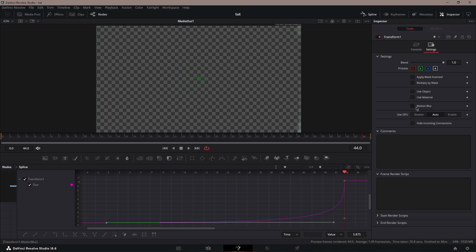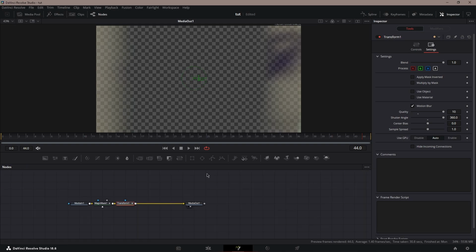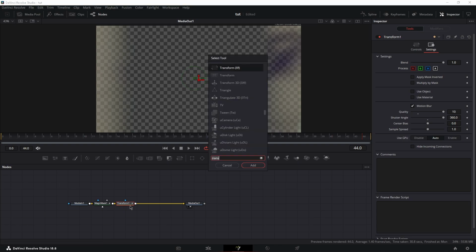Next, go to settings, and then add some motion blur. I like to add the motion blur all the way up just because it goes really fast. And once you have that, if you want, this is optional, you could always add a outer glow, like a